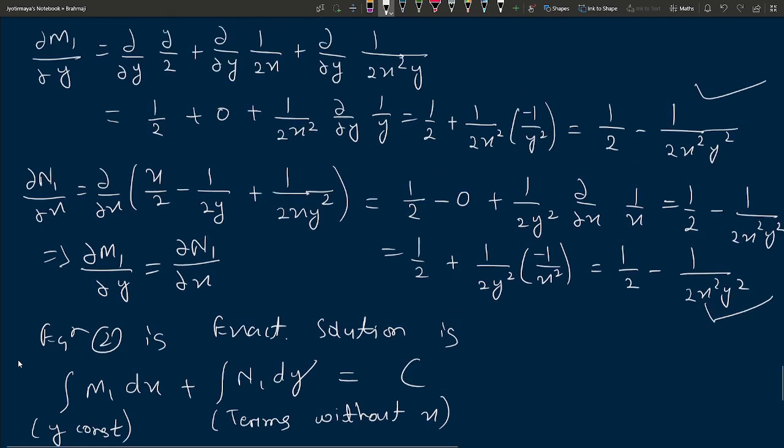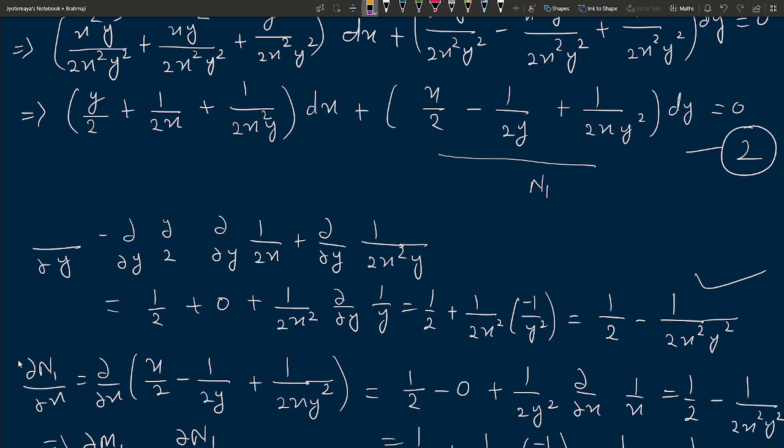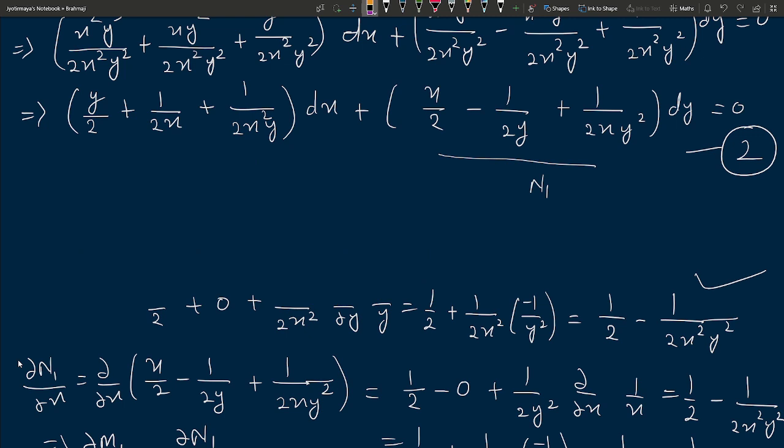M1, what is M1? Let me erase this area. I can write here. This is easy for me to write here. So